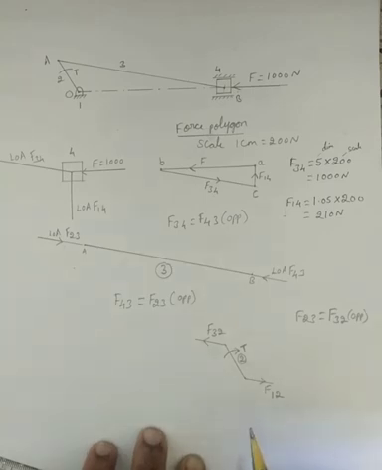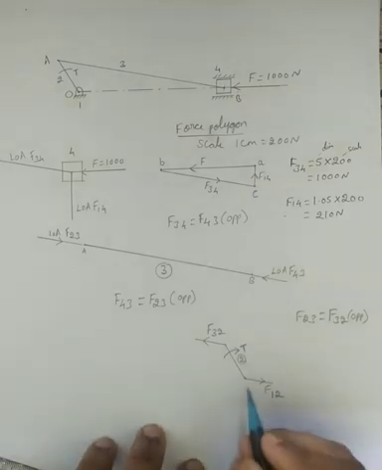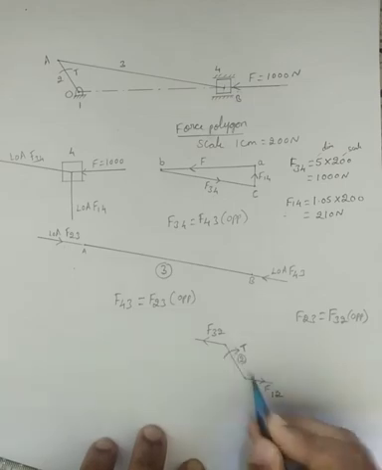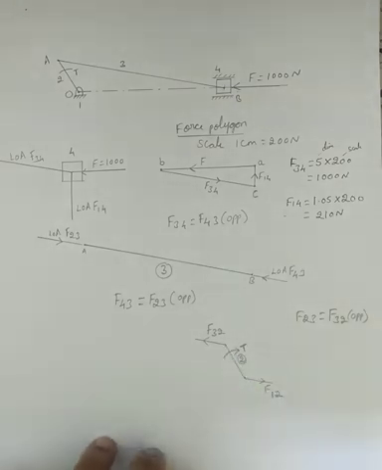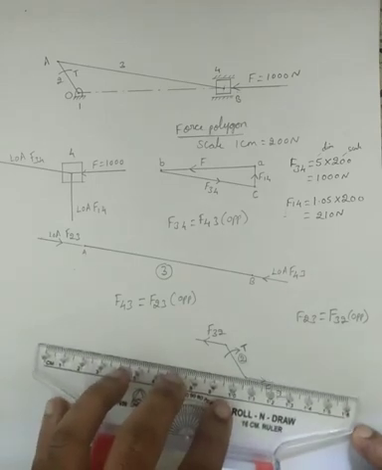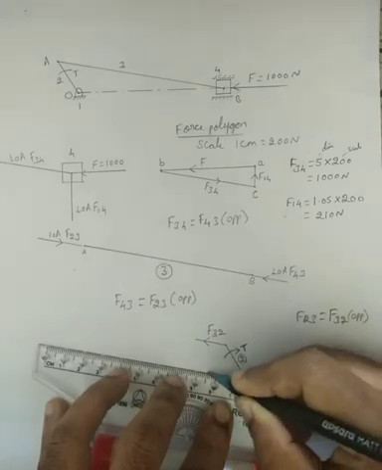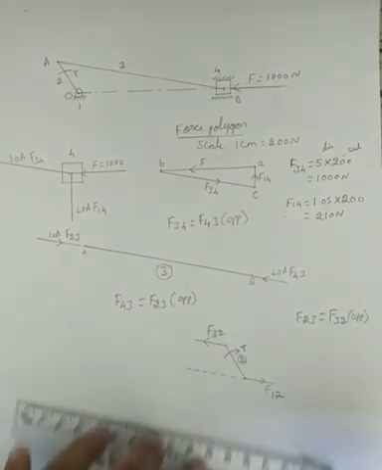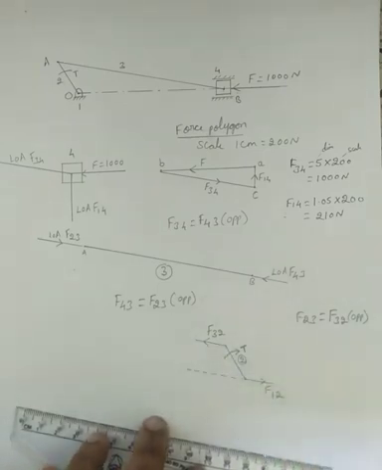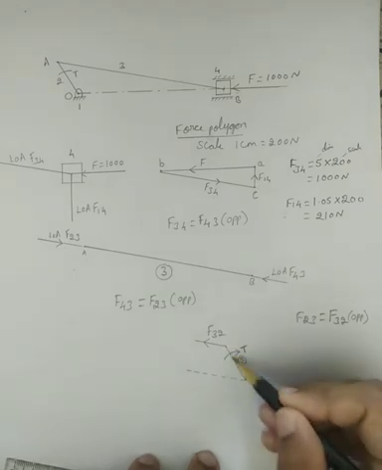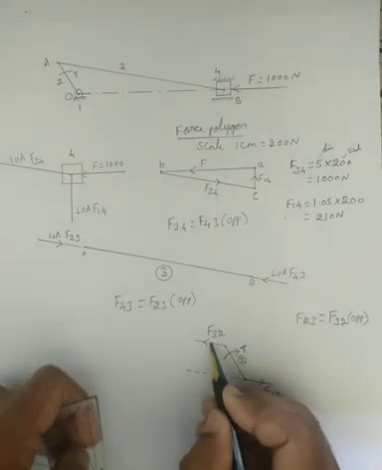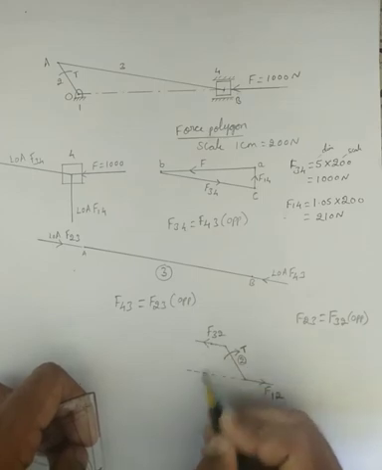Now I want to find out how much torque is acting on this link 2. In order to find that, I have to find the distance between the two forces. So I will extend this line. I have to know the distance between these two forces. Don't take a parallel to this line. Make one point here, and draw a 90-degree line.